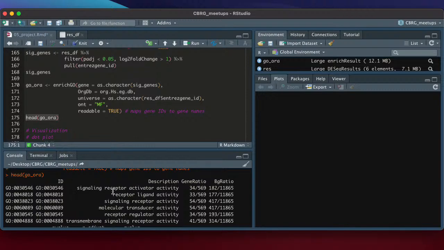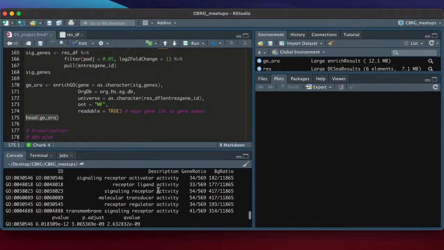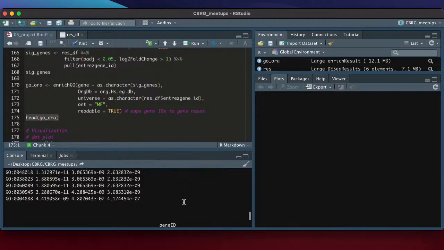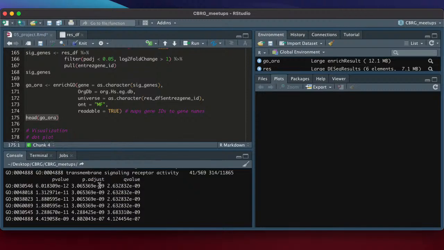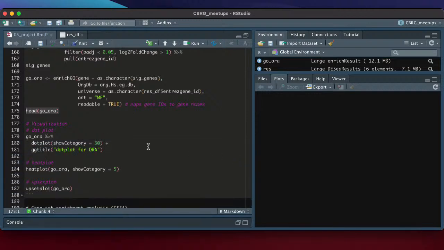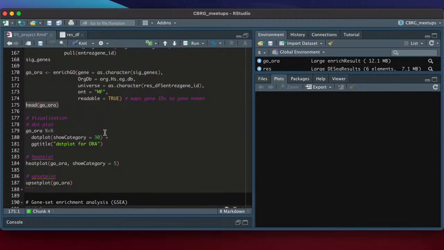So they're the GO term IDs, their descriptions, gene ratio, which tells you, I believe, of your query number, the number of genes that are in this GO term. And then there's a p-value and adjusted p-value. So yeah, that's really it. Those are the top GO terms that come up using this overrepresentation analysis.